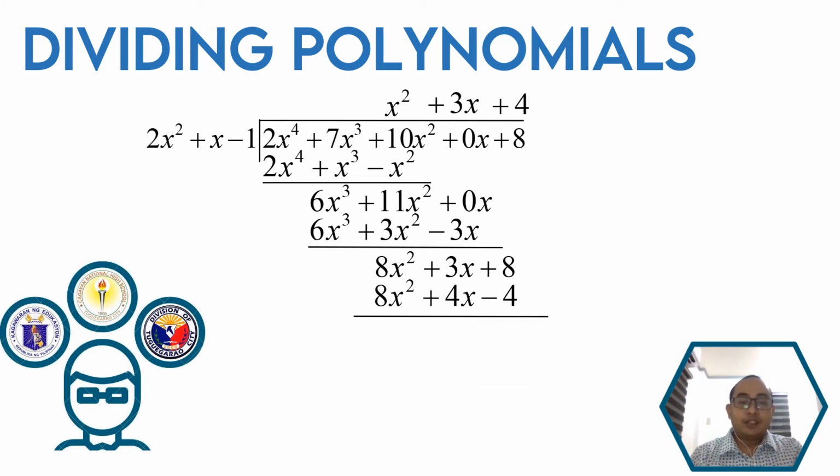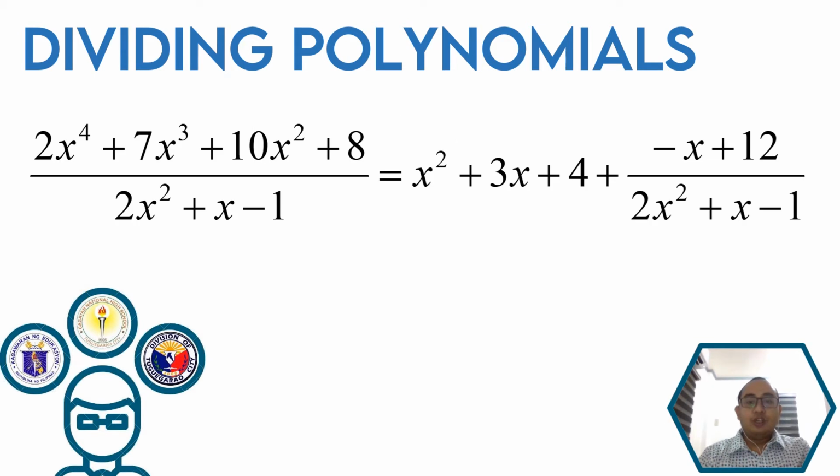8x squared minus 8x squared will give me 0. 3x minus 4x will give me negative x. And 8 minus negative 4 will give me 12. Therefore, when we divide 2x to the fourth plus 7x cubed plus 10x squared plus 0x plus 8 by 2x squared plus x minus 1, the quotient is x squared plus 3x plus 4, and the remainder is negative x